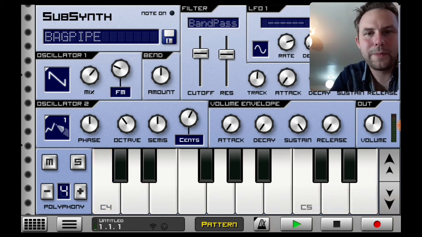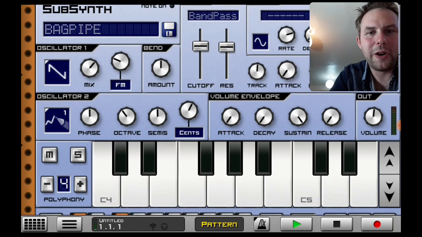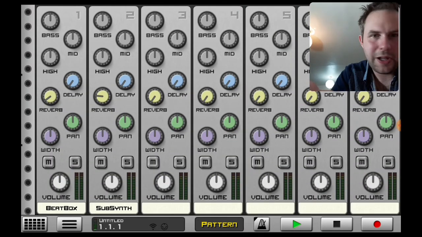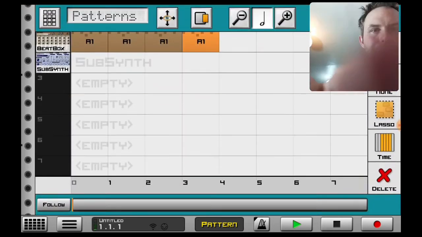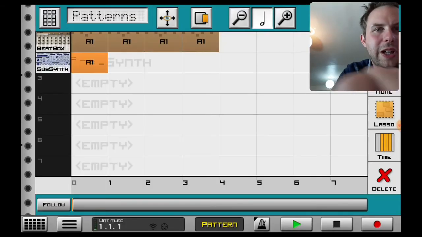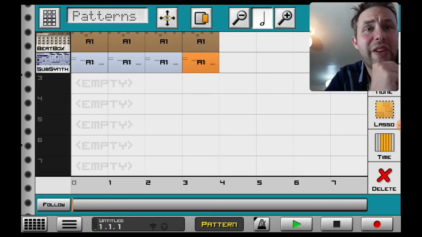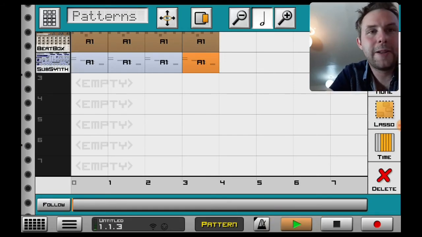Okay. Right, so let's put that into the subsynth, not the subsynth, the sequencer. That by itself is going to be very annoying, so I'm going to have to